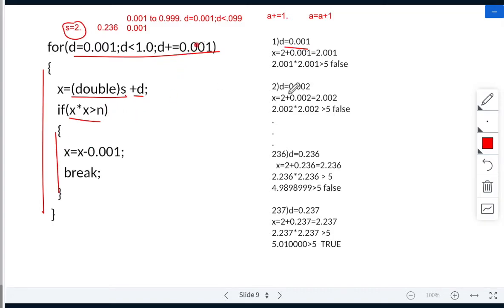So my d value will be incremented; second time, my d value is 0.002. Now again calculate x, that's 2 plus 0.002, so it's 2.002. Again substitute here, again the condition will be false.